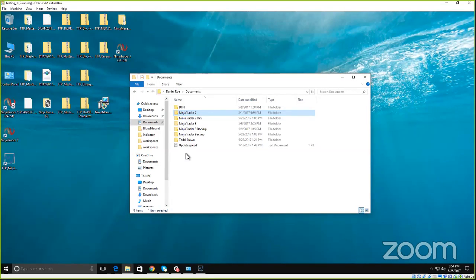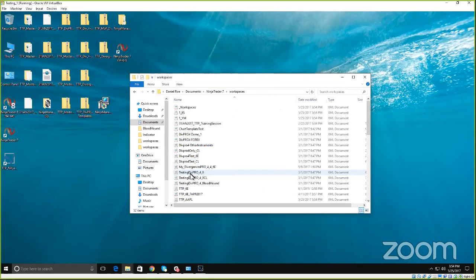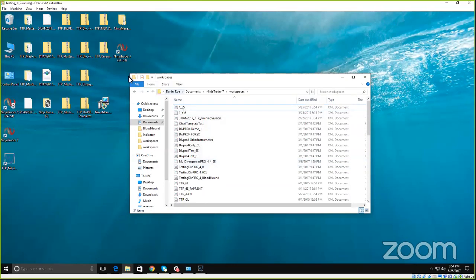So if I don't want all of those workspaces to open the next time that I open NinjaTrader, I go into the NinjaTrader 7 folder, workspaces, and delete this file right here. People talk about having to edit that file and do this and that, no, all you have to do is delete it, and then Ninja will recreate another one of those the moment you open Ninja. Okay. So now when I open Ninja back up, it's simply going to open